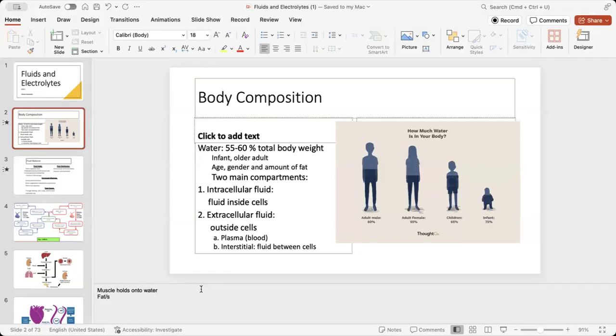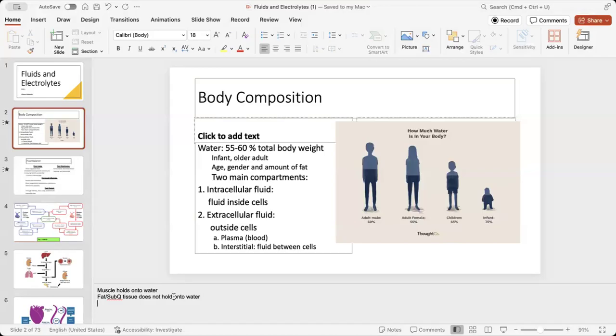What else about the older adult when it comes to fluids? They don't really drink. Why? What are the reasons why they may not want to drink as much? They have no desire. That thirst drive can decrease. Our body tells us you're thirsty, you need to drink, but as we get older, you may not have that. Why else are older adults at risk for fluid and electrolyte imbalances? Mentation, cognitive changes. They may forget to drink.